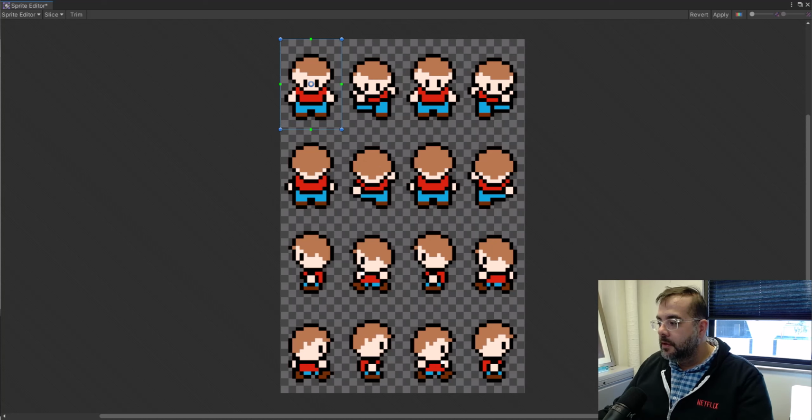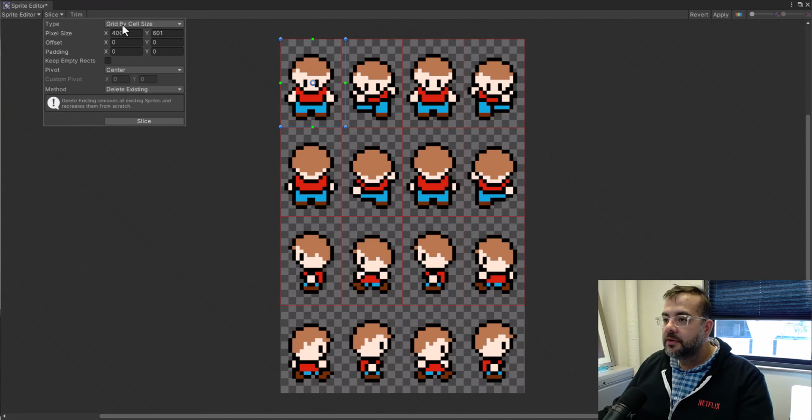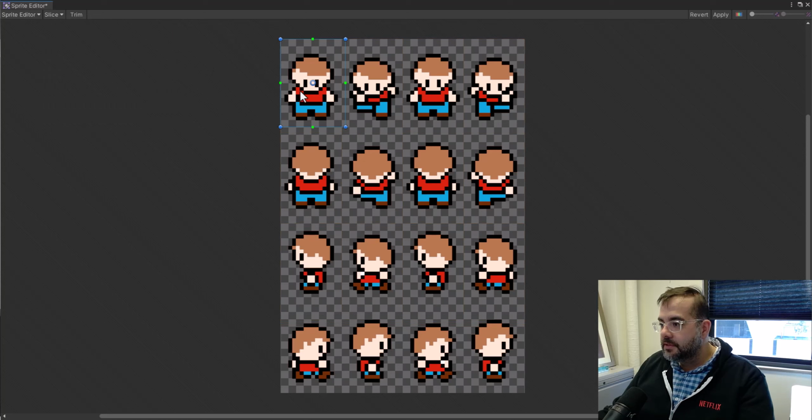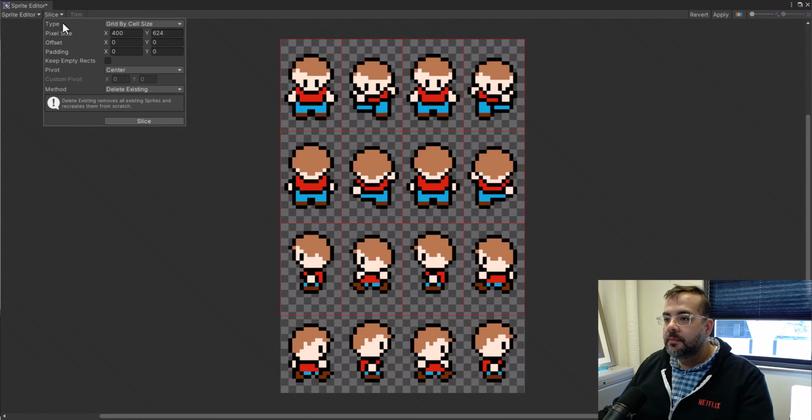Now, I could go in and just keep drawing these like this, but the other way I like to do it, and the reason why I called out that 400 by 562 for this cell size, is because you can go to slice here, and you can go to grid by cell size, and you can start typing in the values of 400, and then here's like 601. And what it'll do is it'll cut them a little bit evenly. See that? Let me actually delete this out. But grid by, select it, and you'll see it pop up. And as long as your images are laid out evenly,